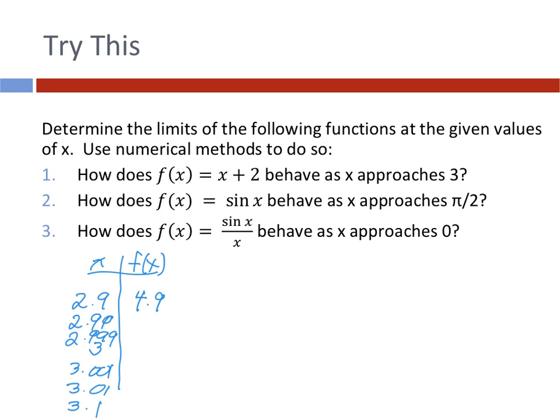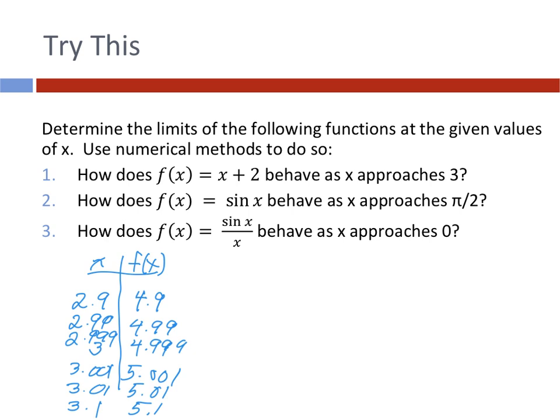And then if I plug in 2.99, I'm going to get 4.99. If I plug in 2.999, I'm going to get 4.999, and so on. Again, we're not worried what's happening exactly at 3. If I plug in 3.1, I'm going to have 5.1. If I plug in 3.01, I'm going to do 5.01. And if I plug in 3.001, I'm going to have